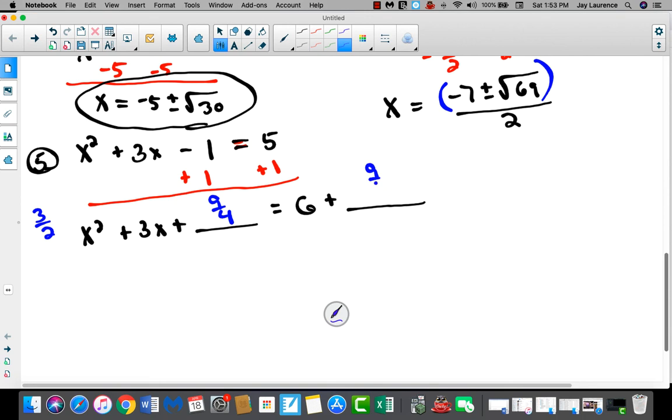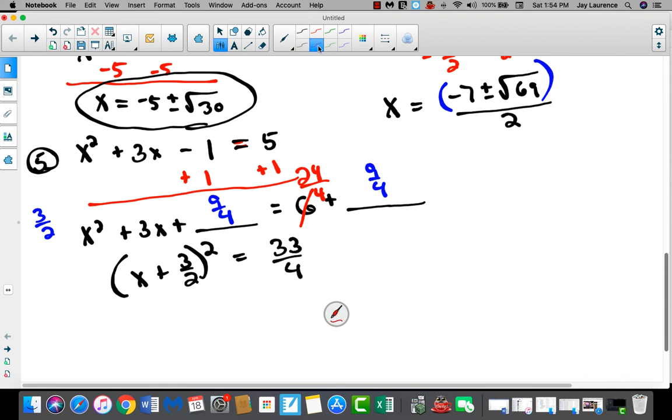This will be 9/4. Okay, I don't want this to be 6. I want it to be a different form of 6. 24/4, I believe, is the same as 6. Right? Now they're like terms. Okay, gonna factor: x plus 3/2, quantity squared. That's going to equal